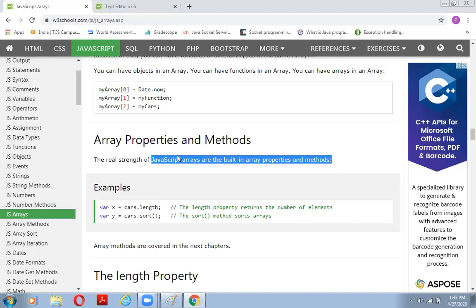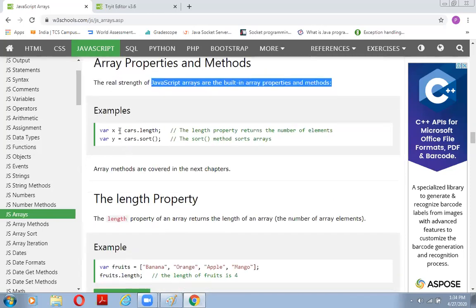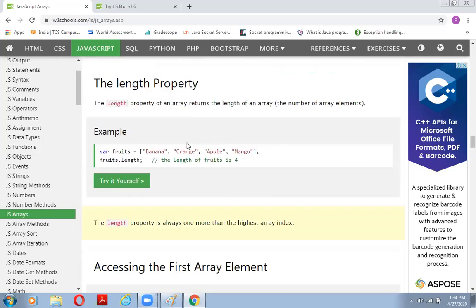We will use these properties and methods in our further examples, like with cars. What is the length of cars? How can we sort those cars? These are the methods and built-in properties defined within a JavaScript array. Now, the length property of an array returns the length of an array.